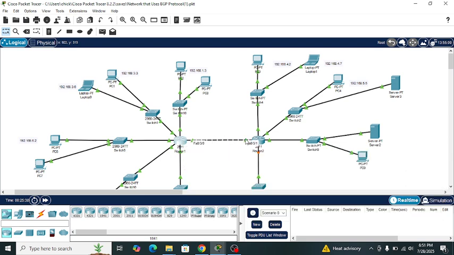Why don't they have IP addresses? Because Cisco Packet Tracer doesn't let you